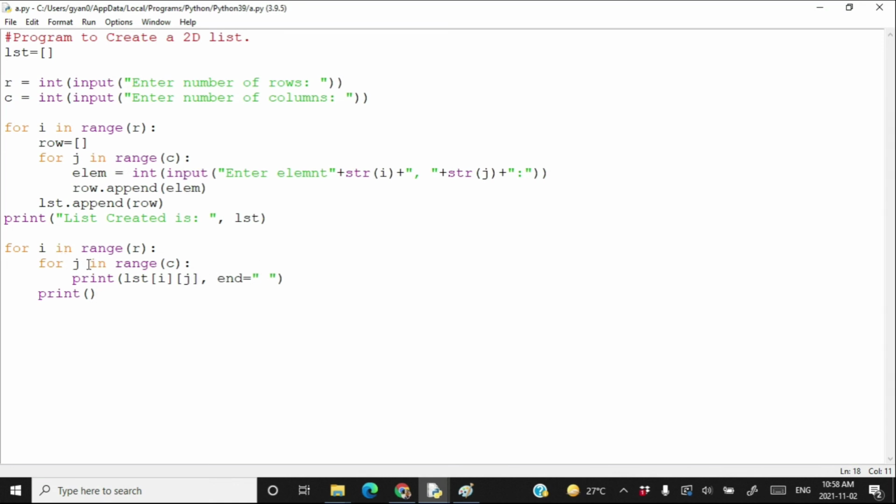After that the value of j becomes 1, it prints [0][1], then [0][2], then [1][0], [1][1], [1][2]. For a given value of i, it prints all the values in the same line. After printing all the values for a given i in the same line, it will leave a new line and print different values in the new line.